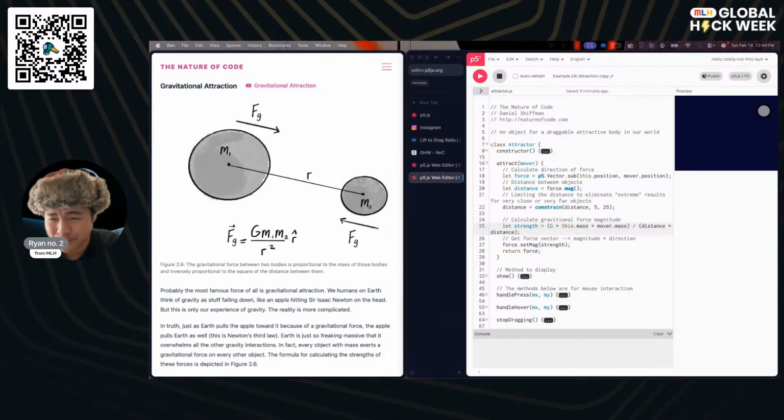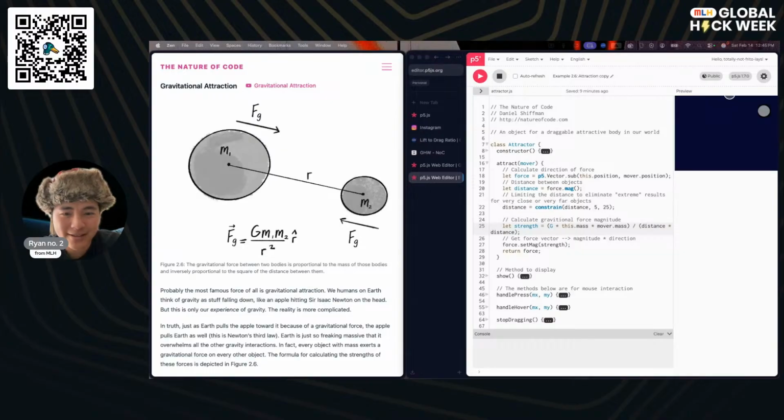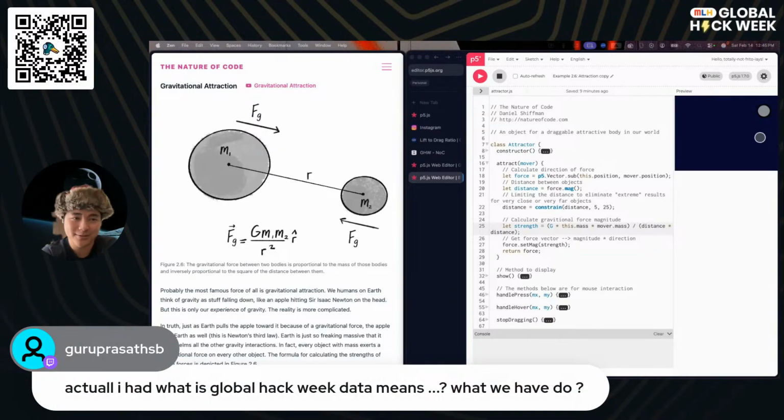Okay, yapping aside, I'm seeing we have some questions. I have no idea what Global Hack Week data means. What do we have to do? So Global Hack Week has a theme every month, and this month's theme is data.